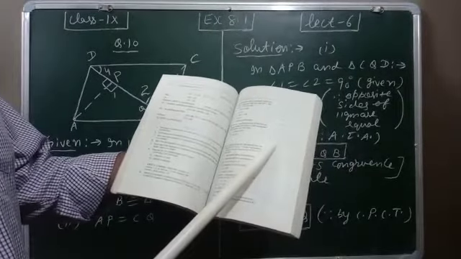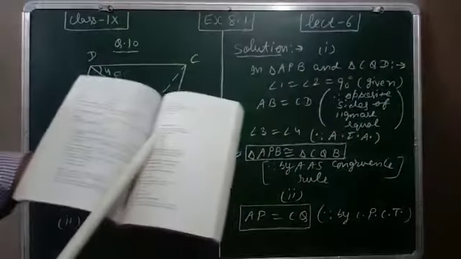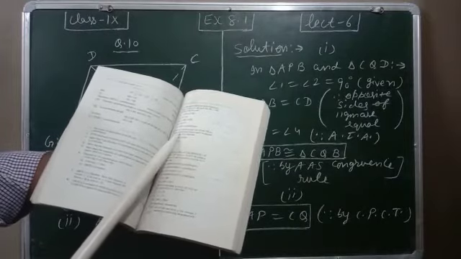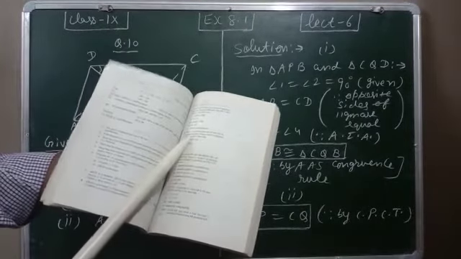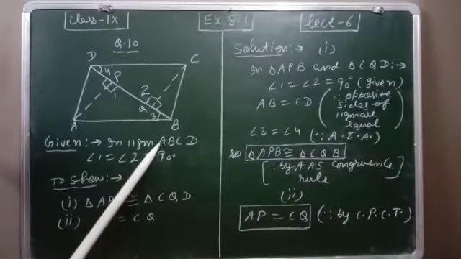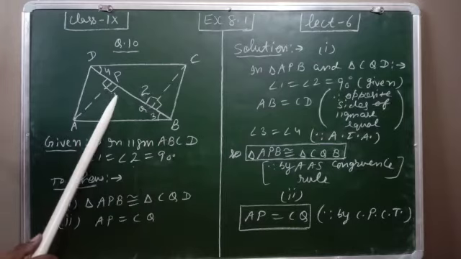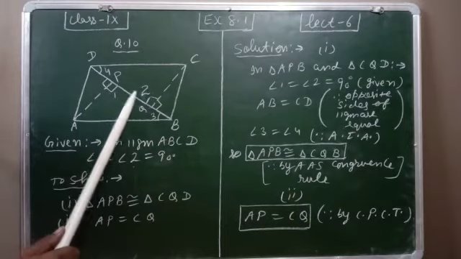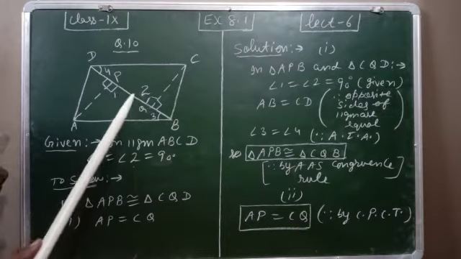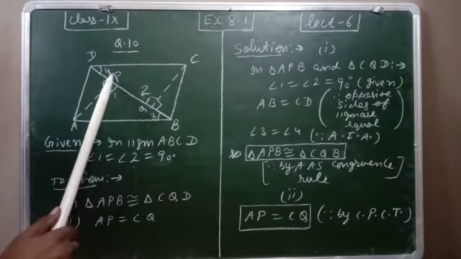This figure is given. So, first we will draw the figure, then we will write given: ABCD is a parallelogram and AP and CQ are perpendicular. Again, the word perpendicular is given, so here the angle will be 90 degrees. So let angle 1 equal to angle 2 equal to 90. Here we will give the numbering to make the question easy. Here we will write angle 3 and here we will write angle 4.